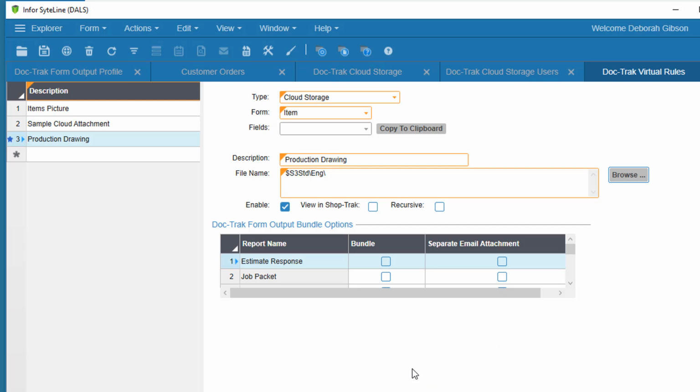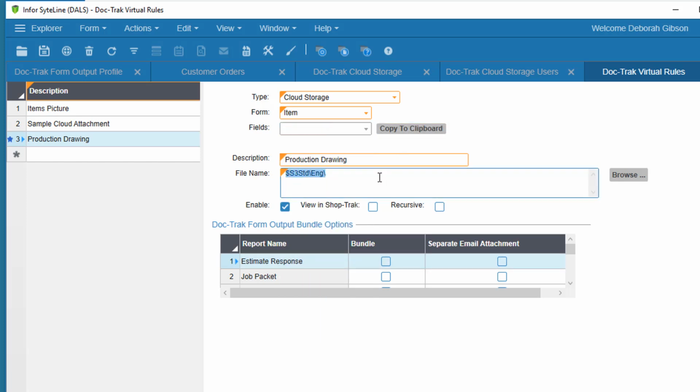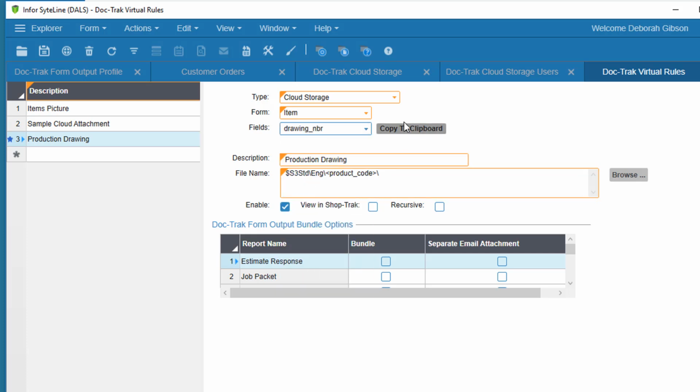Now I'll finish my rule by adding the product code folder, and setting the drawing number as the file name. Since we only want PDF files, I'll finish by adding .pdf at the end.